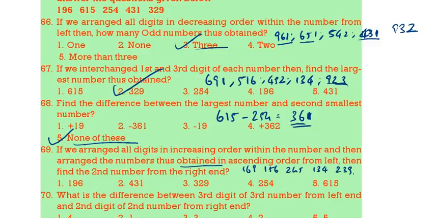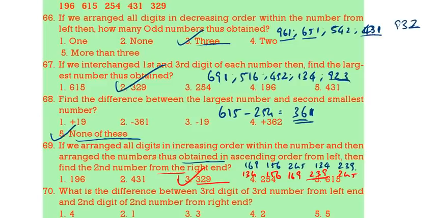Now we have to keep these numbers in ascending order. That means 134, 156, 169, 239, 245. Then which is the second number from right? Second number from right 239. Original number is 329. 329 is the correct answer. Next,